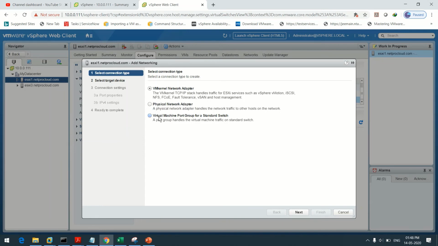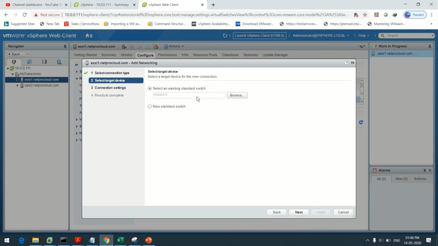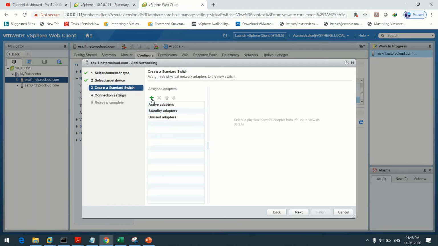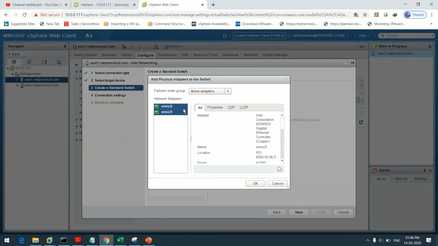So what we have to do? VM, your virtual machine port group for a standard switch. So select here. Next. So do we need to keep this kind of traffic on the vSwitch 3? No. We are just going to create new standard switch for my production virtual machines. So click on plus.